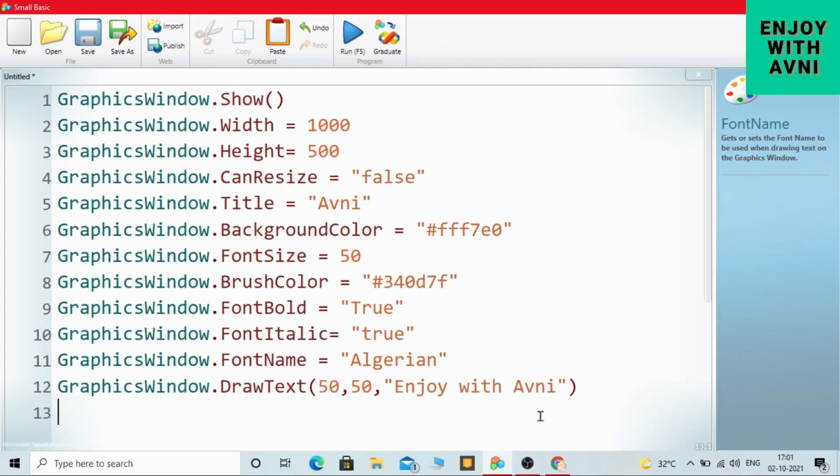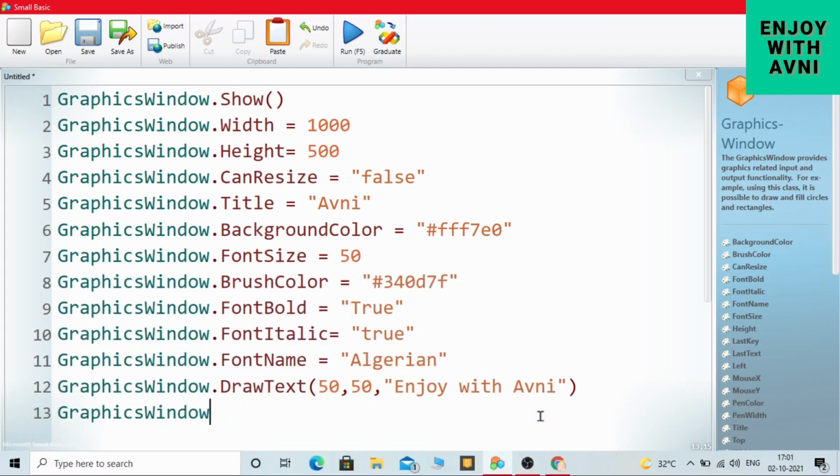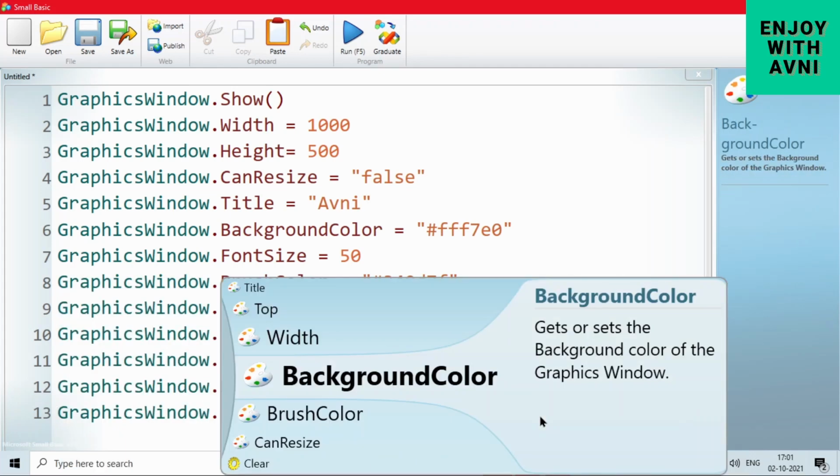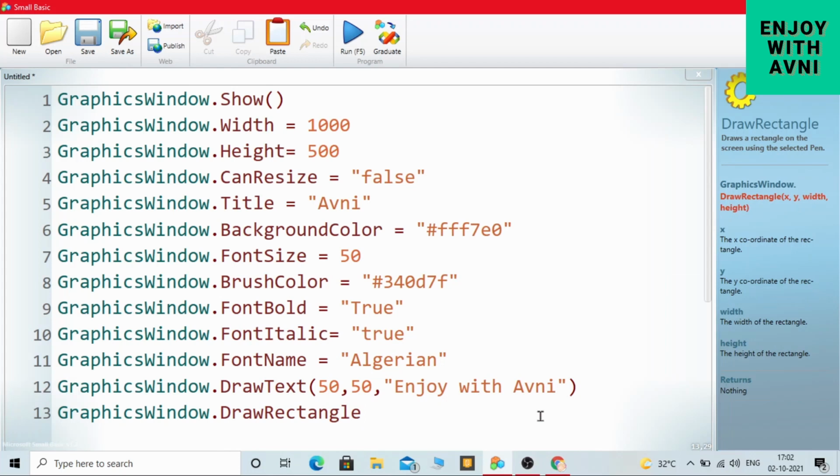Now to draw a rectangle or any shape, you simply write graphicsWindow.DrawRectangle. In the parenthesis we have to write the coordinates x and y, and then width and height.